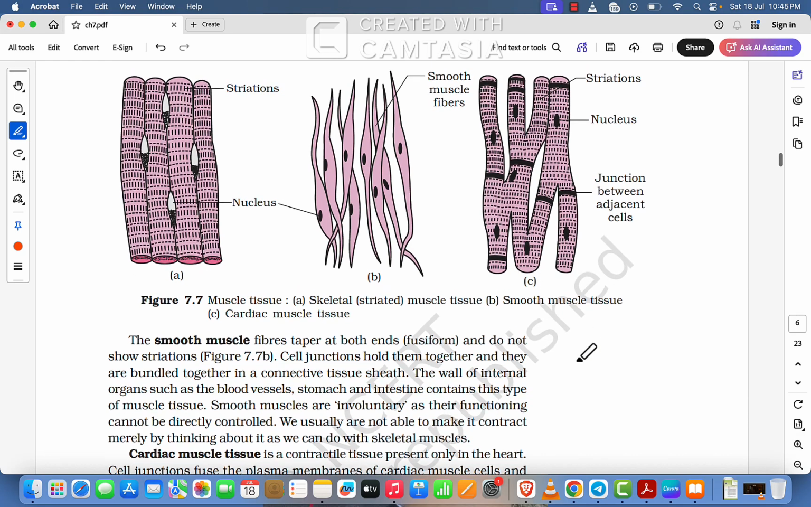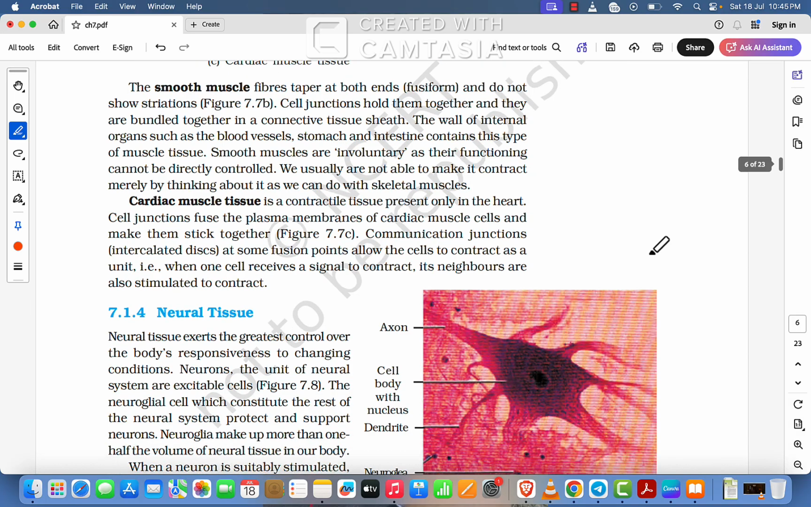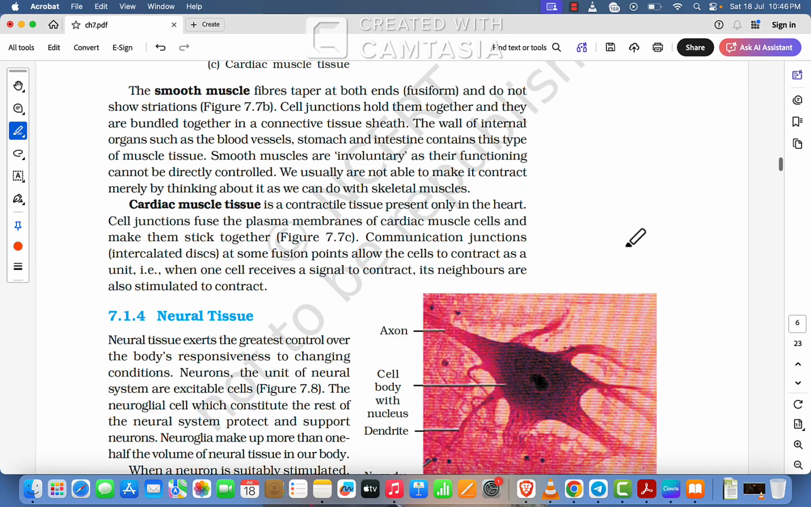adjacent cells, striation. The smooth muscle fibers are spindle-shaped, fusiform, and do not show striations. Cell junctions hold them together and they are bundled together in a connective tissue sheath. The walls of internal organs such as blood vessels, stomach, and intestine contain this type of muscle tissue. Smooth muscles are involuntary as their functioning cannot be directly controlled. We usually are not able to make them contract merely by thinking about it as we can do with skeletal